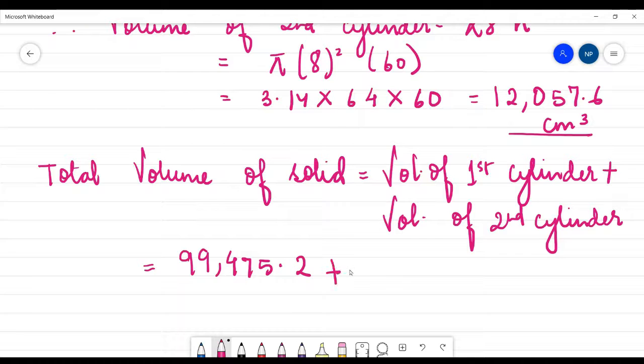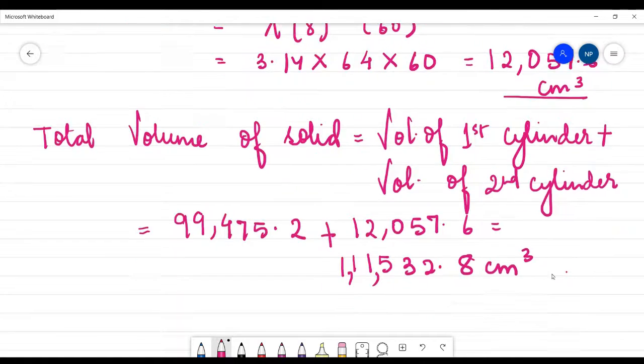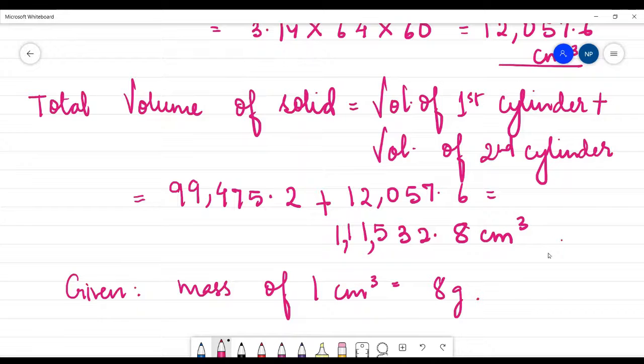That is 99,475.2 plus 12,057.6. We will get the answer as 1,11,000 centimeter cube. Now since we have the total volume of the solid, it will be easy for us to find out the weight. So it is given in the question that mass of 1 centimeter cube of iron is 8 gram. Therefore mass of